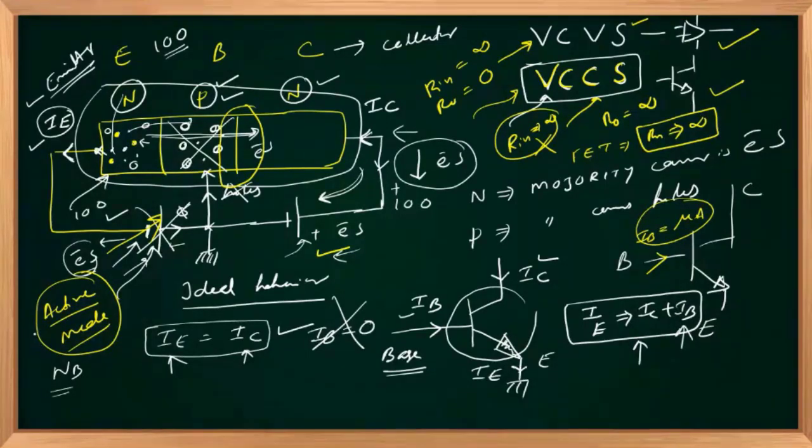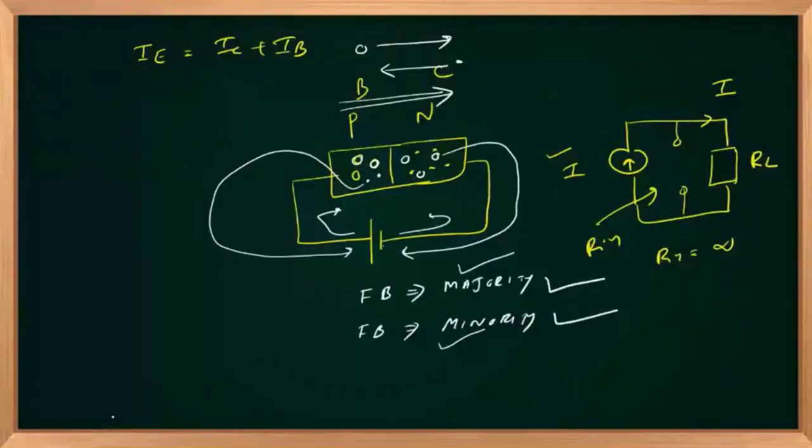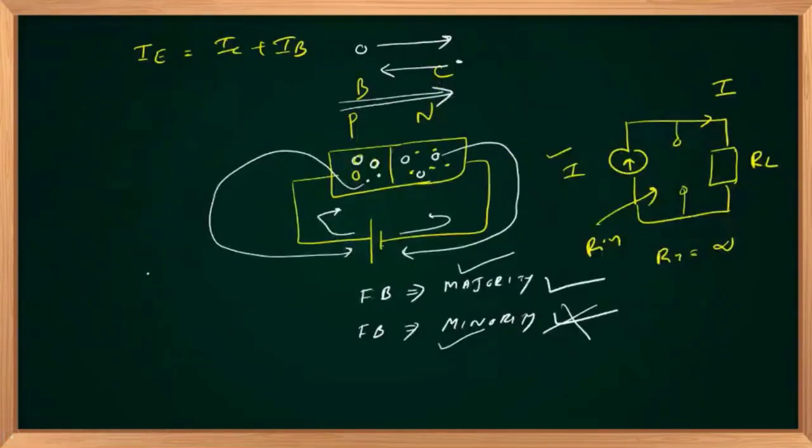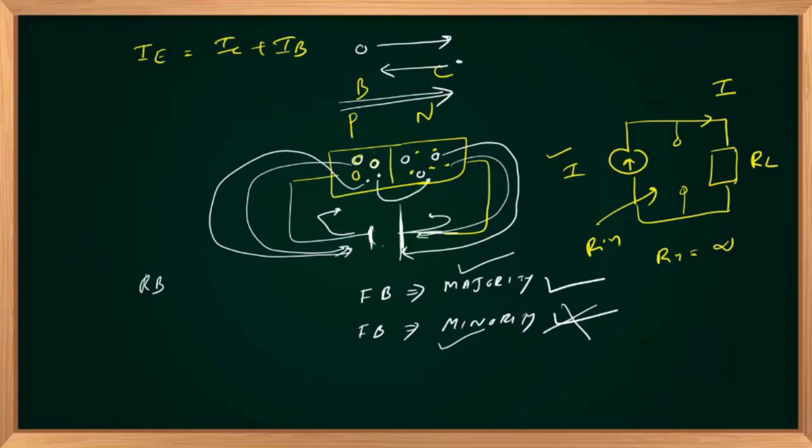So if that is forward biased mode, the emitted electrons will come at the base region. At base the electrons are minority. If this is forward biased, that will block the minority carriers. So you won't get emitted electrons at collector, right? Whereas if the junction is reverse biased, PN junction, P to negative, N to positive, reverse biased, that will attract majority holes to here, majority of electrons to positive, and it will repel the minority electrons in the P region,